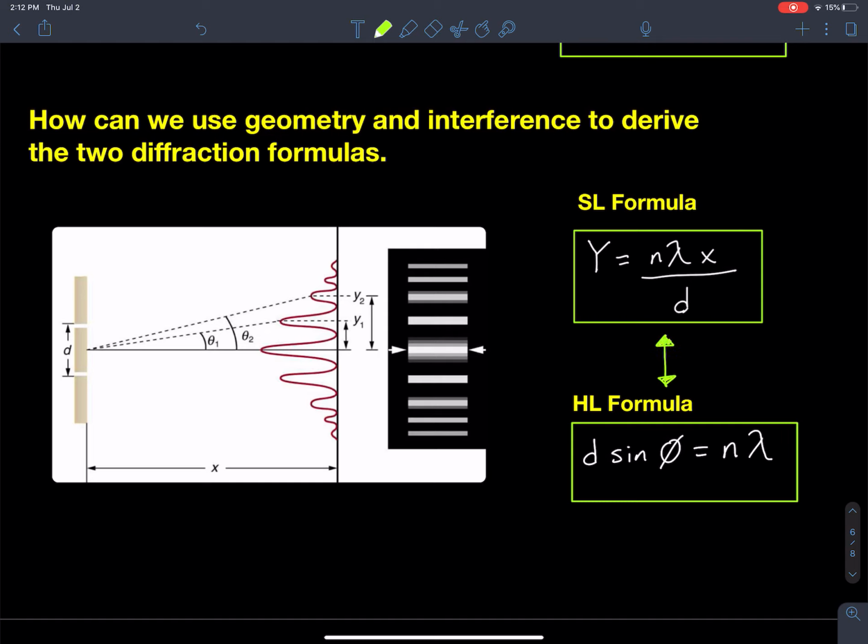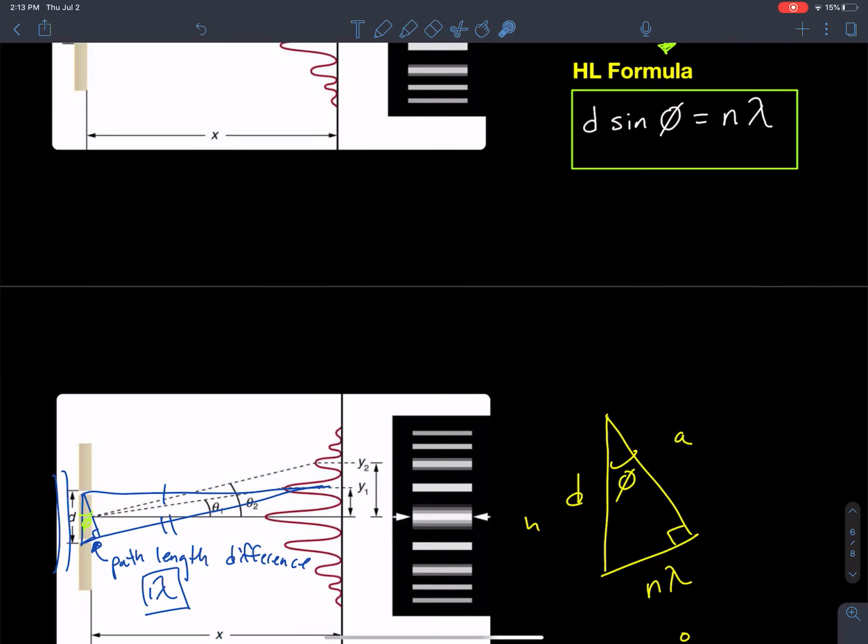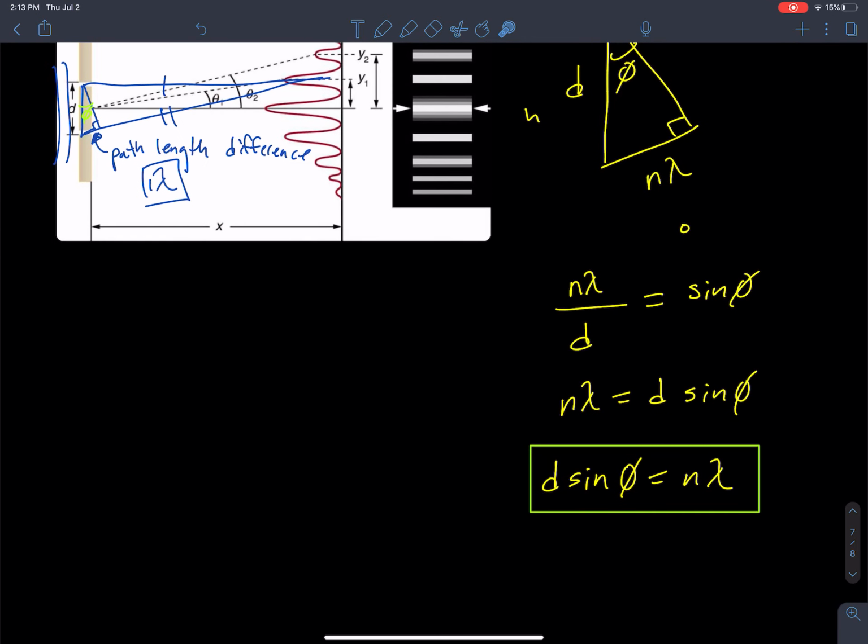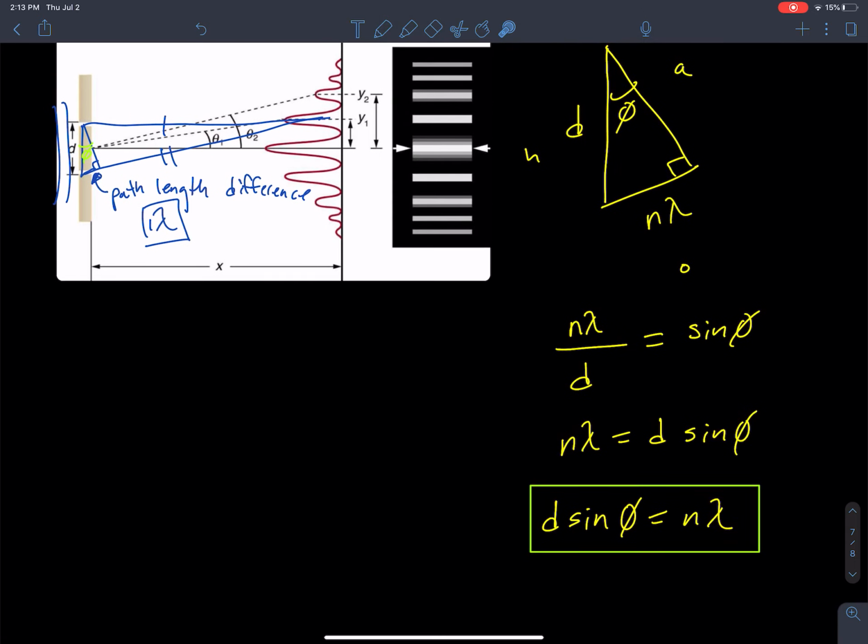Okay, so that's what I want to look at now. So how can I take this formula and turn it into that formula? Well, it so happens that it's pretty easy. In an actual experiment, when we would project this pattern on the wall using our diffraction pattern,